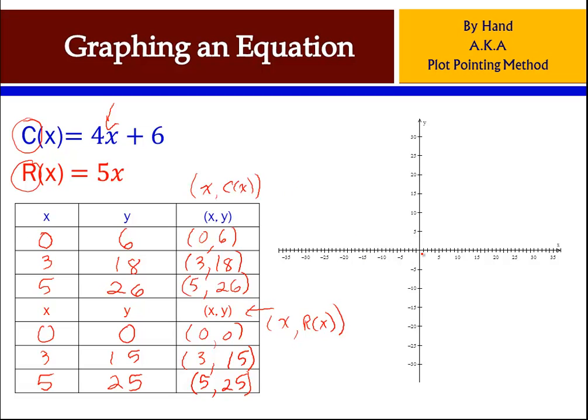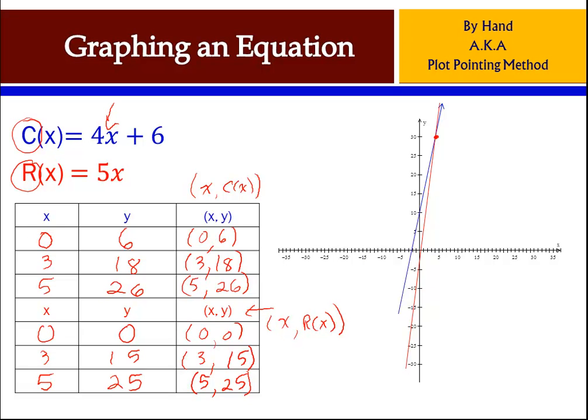And then I could plot these points and take a look at what these graphs look like. And you will see, again, that there are 2 lines, and they do intersect at a certain point. And so I've taken the time to draw these in, and you can see that there's actually a point of intersection here. And this point of intersection actually means something in the context of a problem that we'll be solving